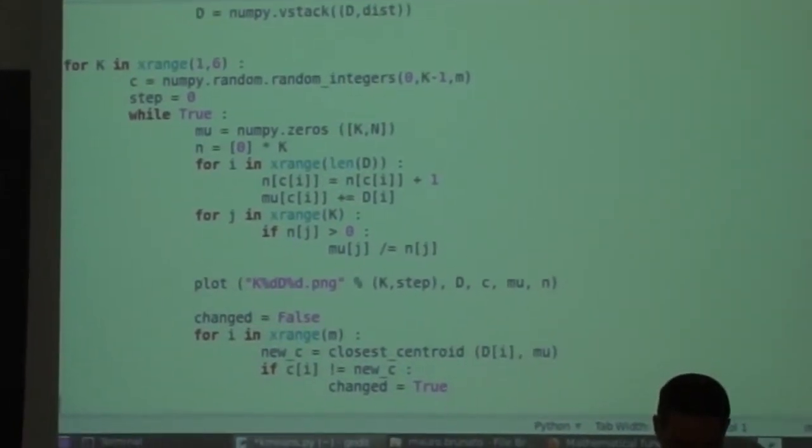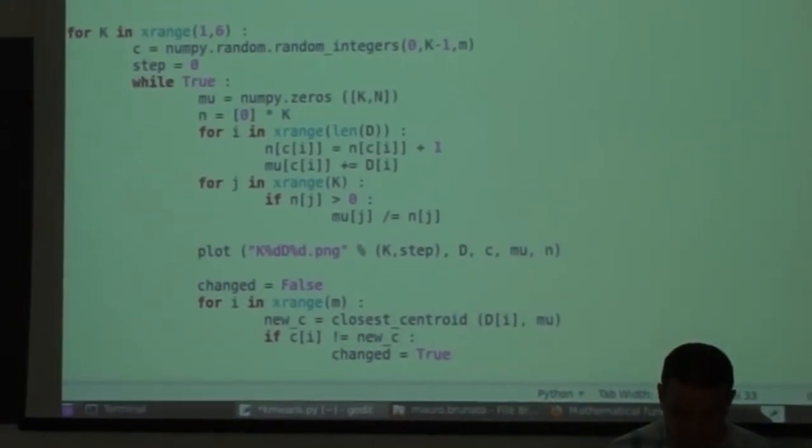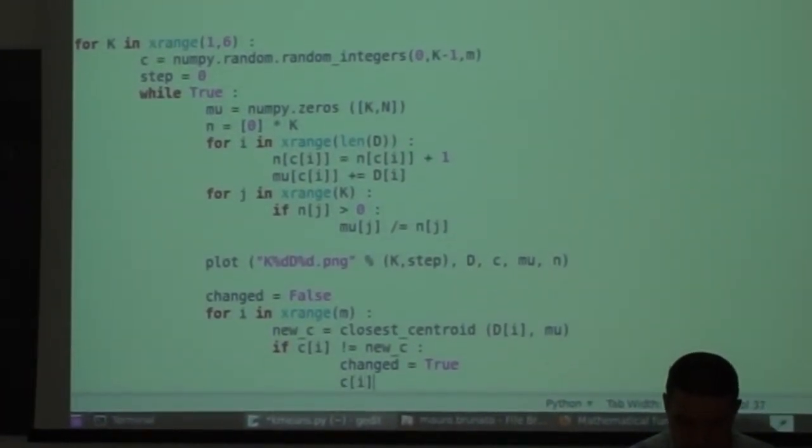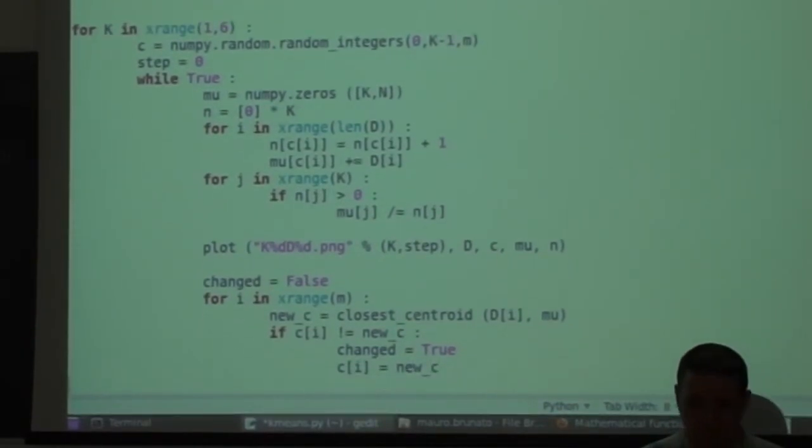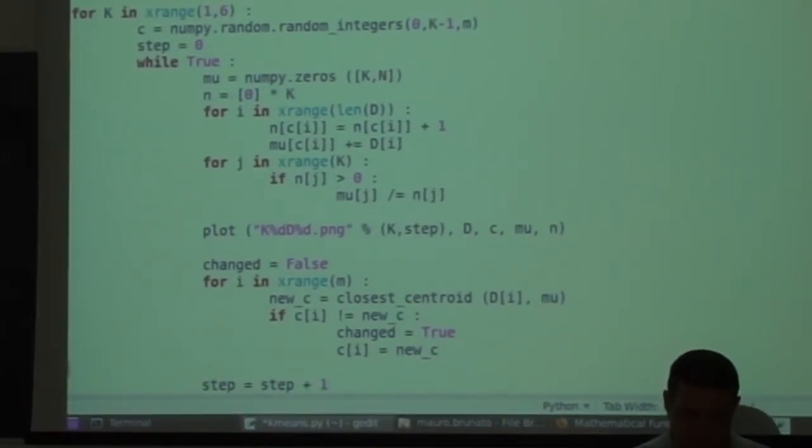And in this case, of course, I want to set the new value into Ci. And after doing this, if nothing has changed, sorry, this is not C, it's not changed,